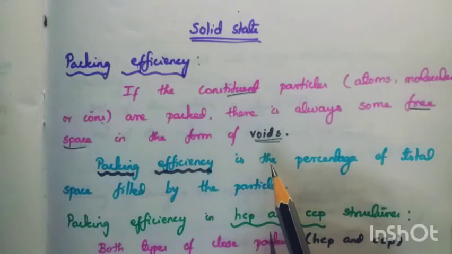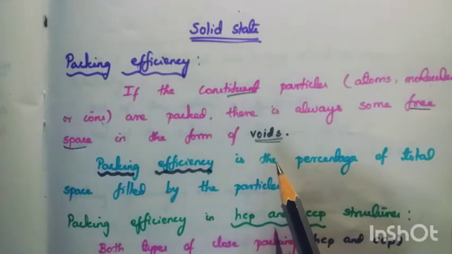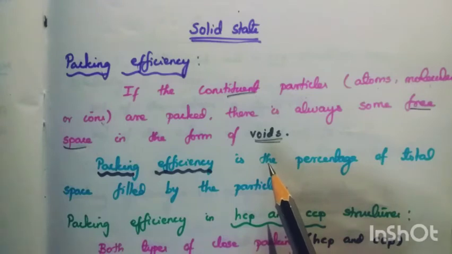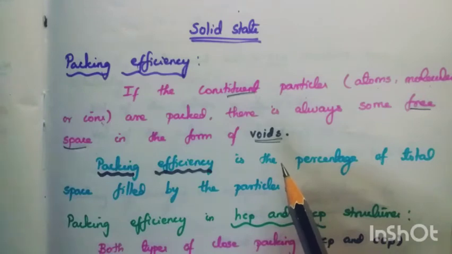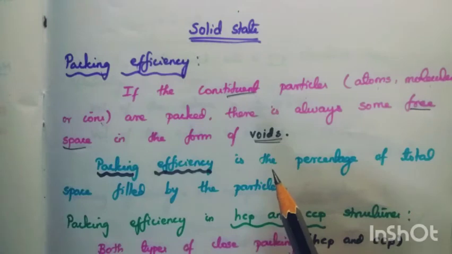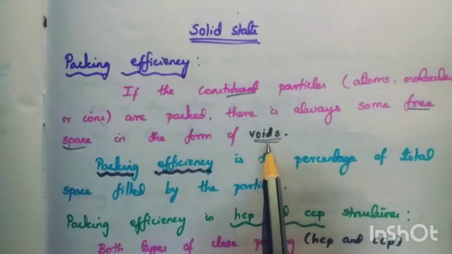So we are going to see the packing efficiency. Normally, when a molecule is arranged, whether it contains ions, atoms, or neutral molecules itself, those molecules occupy some space and there may be some free spaces. That is called voids. We discussed the tetrahedral voids and octahedral voids, no? Similarly, apples are arranged in 1 dimension, 2 dimension, 3 dimension, like that we discussed. So the gap between them is called voids.